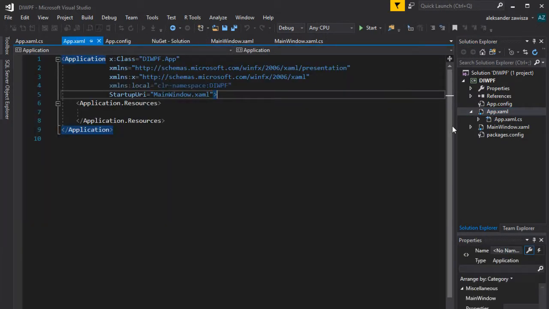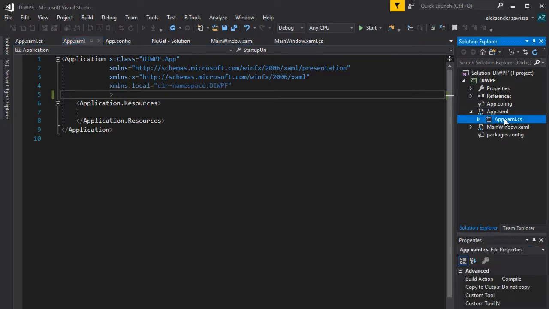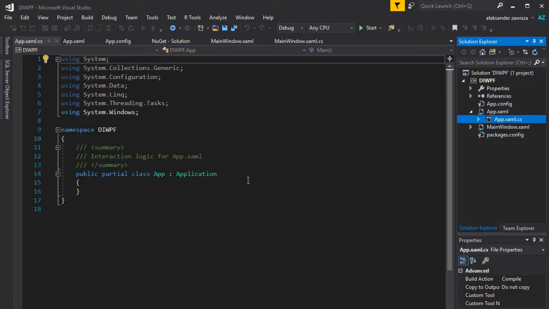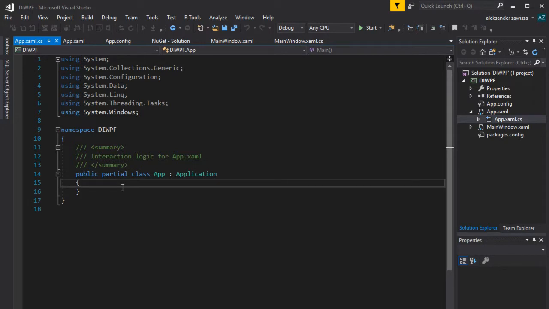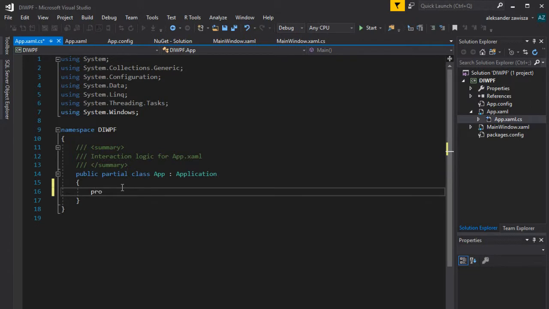Then you can go to the App.xaml. Here we want to remove this because we don't want to initialize the main window in this way. And to initialize our dependency injection, you need to go to this class, it's the application class, and we want to override the OnStartup method. So to do this, you're going with protected override